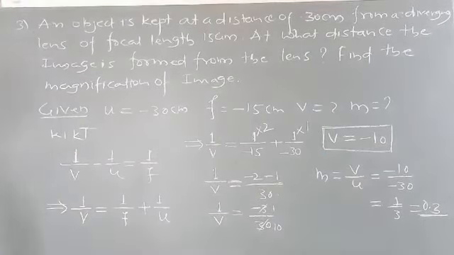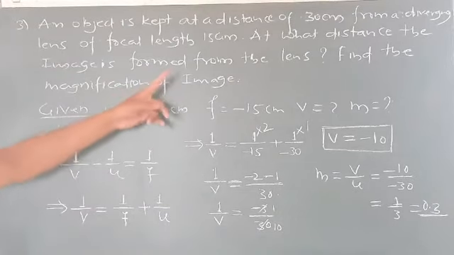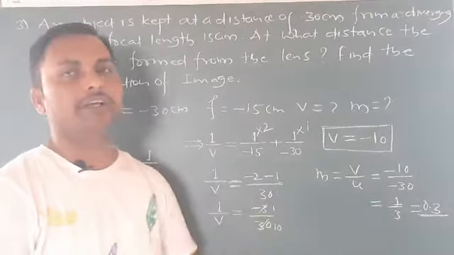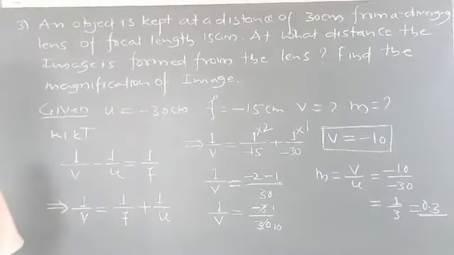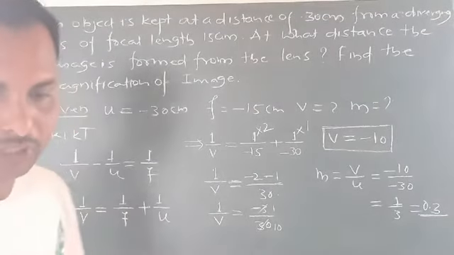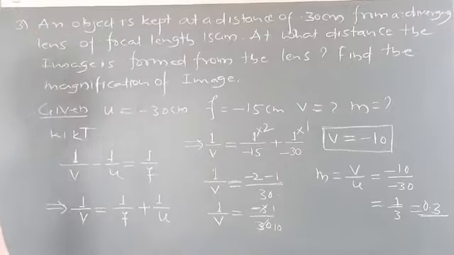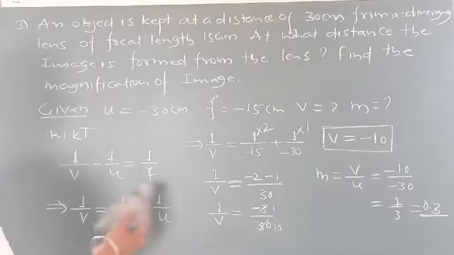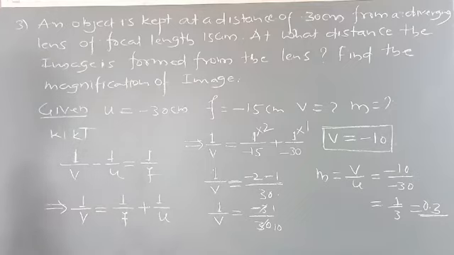They asked to find the image distance from the lens and the magnification of the image. The magnification here is 0.3. As I told, magnification that is positive and less than 1 tells you which mirror it is, you know it very well. Now I'll drop this one and go with the next question.